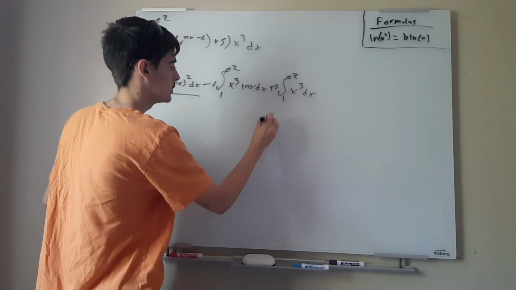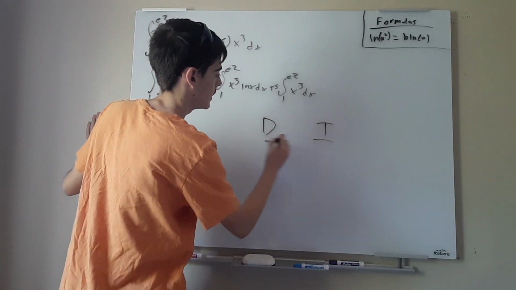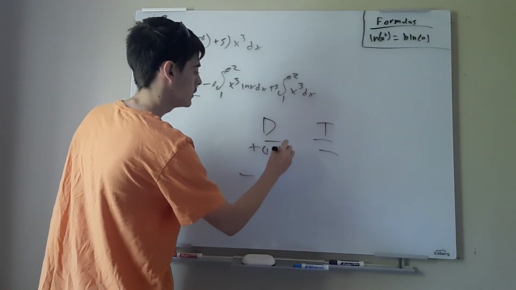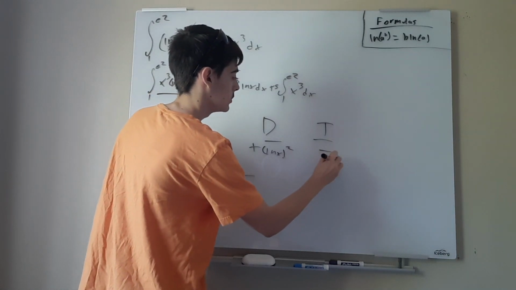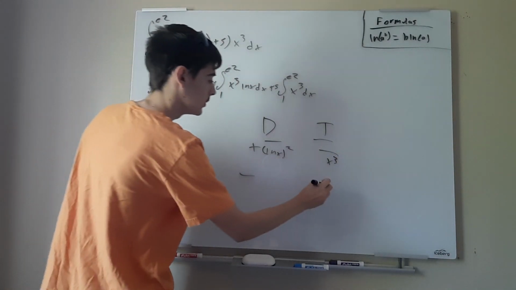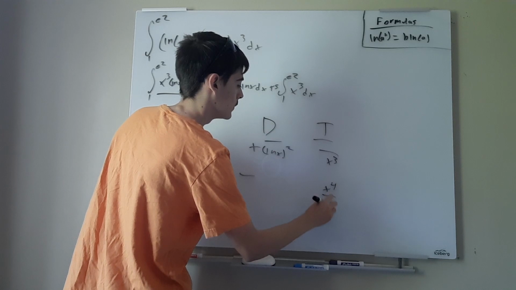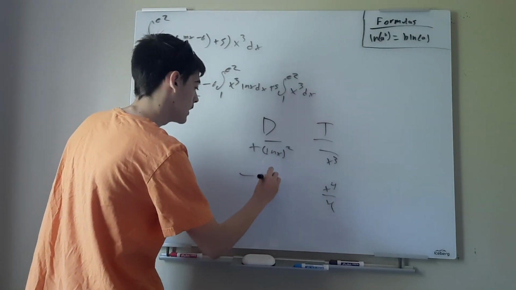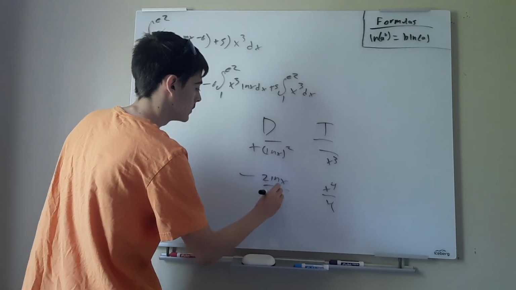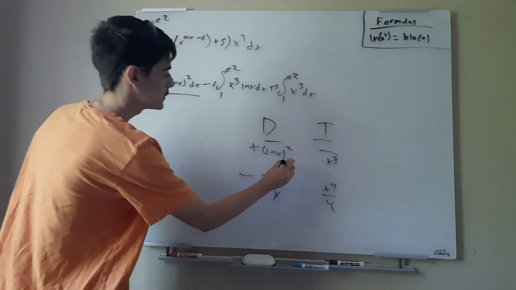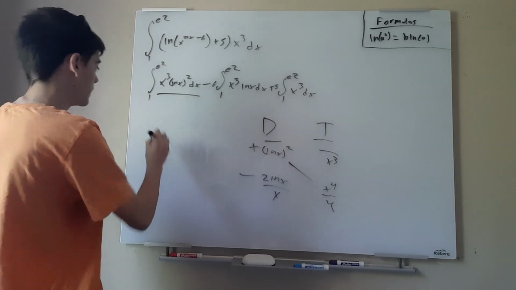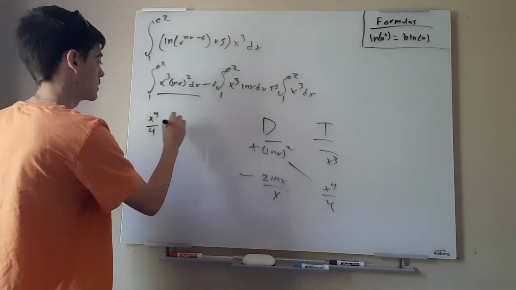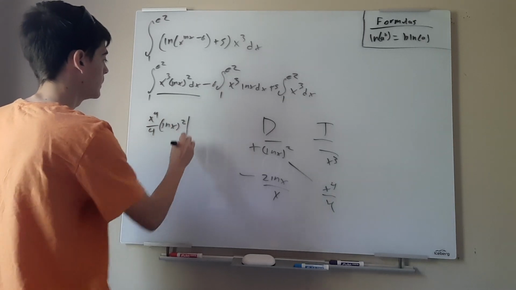And to do that, we're just going to do integration by parts, DI method, of course. We're going to differentiate natural log x squared, and we're going to integrate that x cubed. Now, integrating x cubed, we will get x to the 4th over 4, and differentiating ln x squared, we will get 2 ln x. Don't forget the chain rule, so it will be all over x. So the first part of our answer will be this term right here. It'll be x to the 4th over 4 times natural log x squared, and this will be evaluated from e